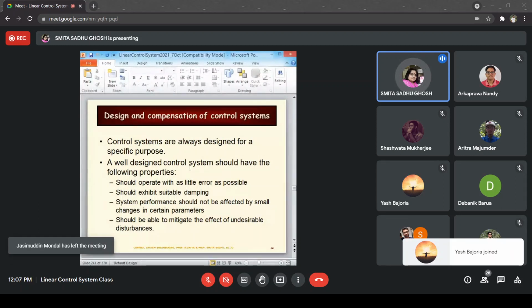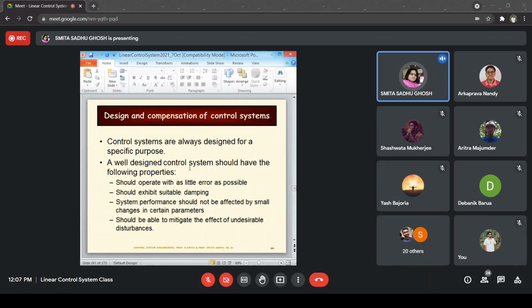So, as far as control systems are concerned, we've discussed earlier as well, from the very first class, I told you control systems are designed to perform or meet certain objectives. That is, they are designed for a specific purpose, right? So, a well defined or well designed